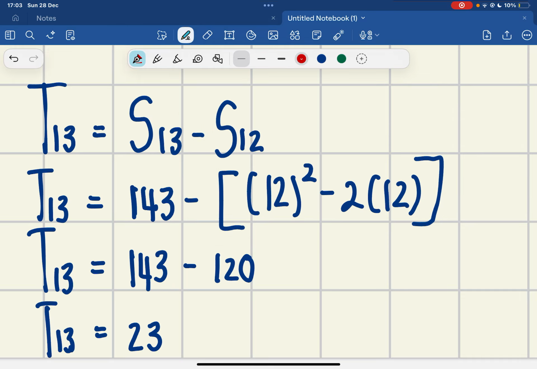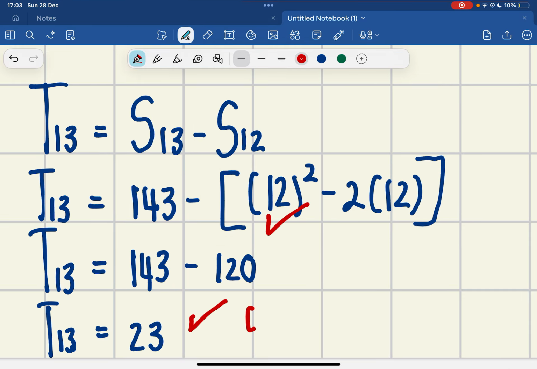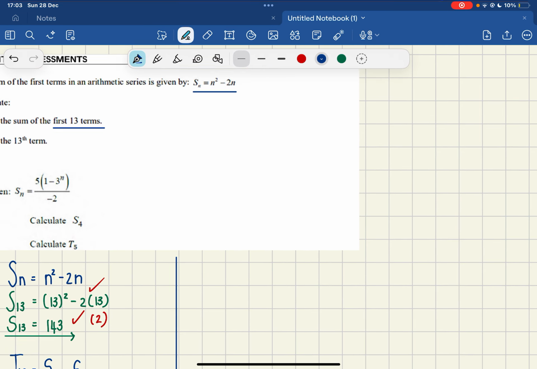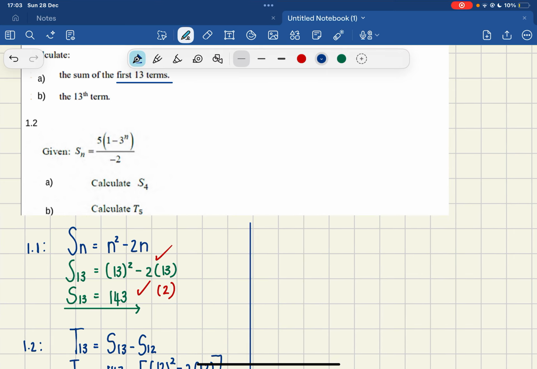23. Exactly, boys and girls. So mark for substitution. A good, quick, and easy 2 marks. And a very important fact that ties in later on when dealing with complex procedures. Let's quickly do question 1.2. Question 1.2, boys and girls, as it states,